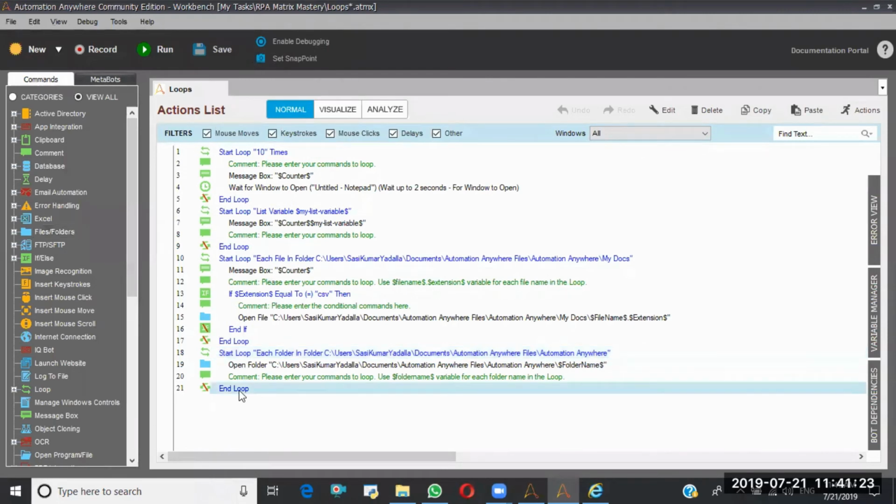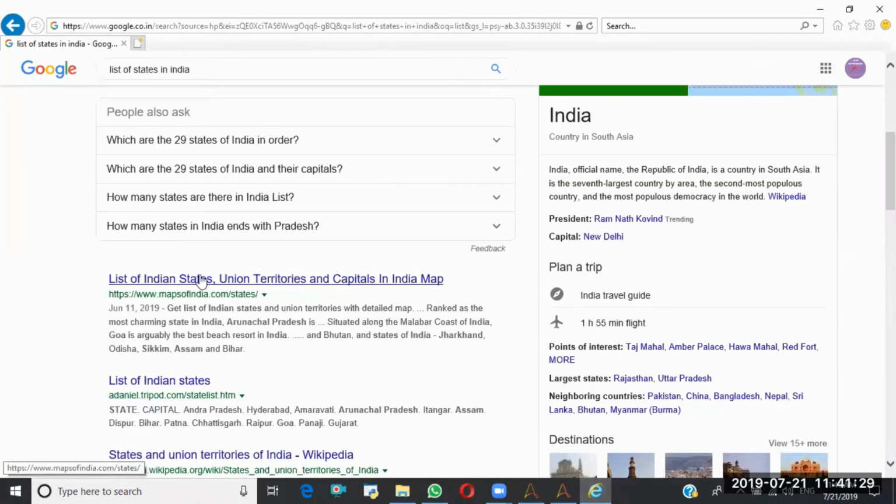Okay, so whenever we were discussing object cloning, at that time also we performed this operation with some other example. At that time I extracted the title along with the URL into a message box, but I took the loop as 3 times only.